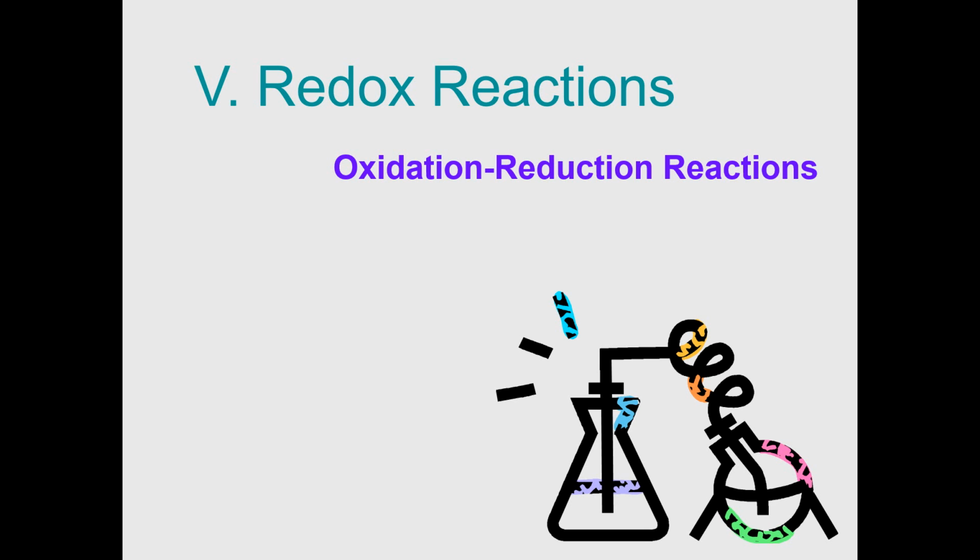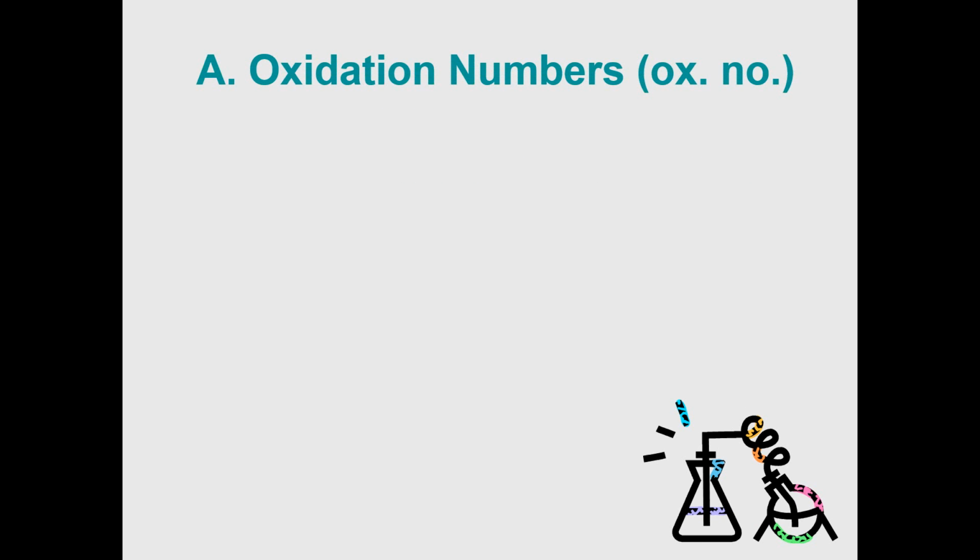Okay, another type of reaction, or really an extension of reactions, is a redox reaction. The word redox is actually short for oxidation reduction. So the reduction part and the oxidation part put together is what we call a redox reaction. Let me just tell you first, I'll teach you what an oxidation reduction reaction looks like after I teach